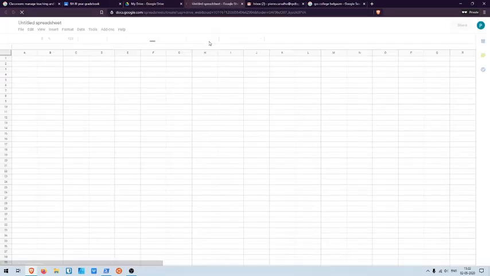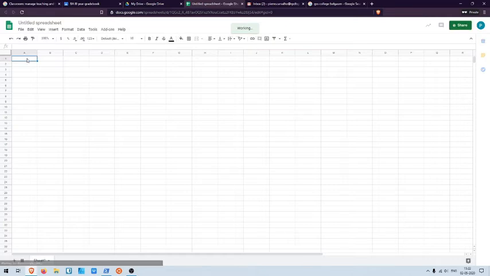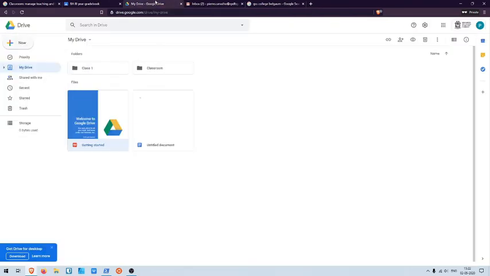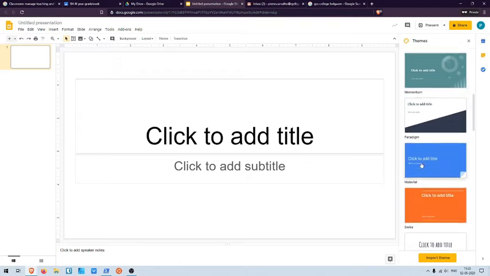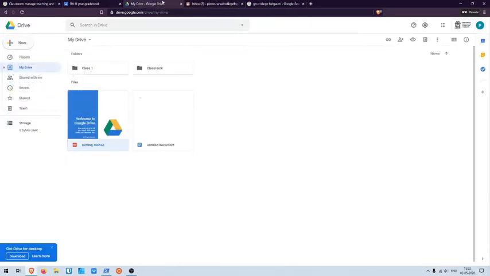We can do the same for Google Sheets. Most of the shortcuts that work in Office work on Google Sheets and Google Drive files. So you can use formulas and everything as is. And you also have Google Slides. So this is a presentation, like a PPT presentation. You have your themes here and everything. So if you make it here, it's easy to share, and it's stored in one place. It's stored in the cloud, and it generally will not get affected by viruses or anything like that. So generally it's a safer bet to place it in your Google Drive.